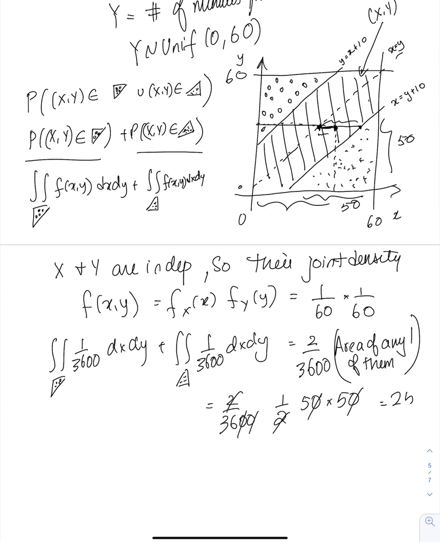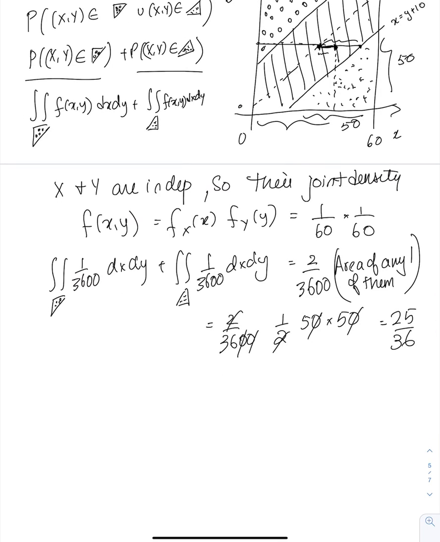And that turns out to be 25 over 36. All right. And what did they do in the book? It's exactly the same thing, and it's just without the use of a picture. By symmetry, they said the required probability